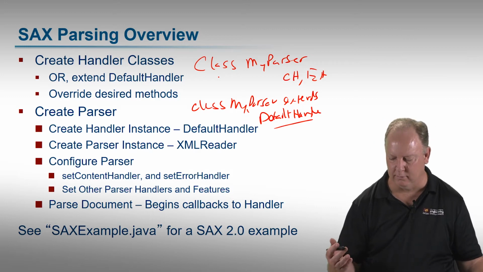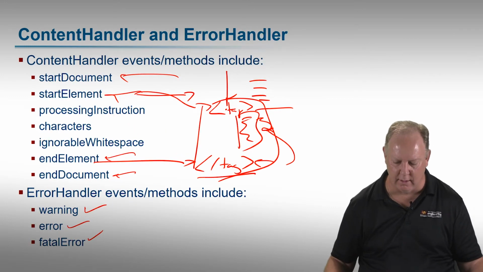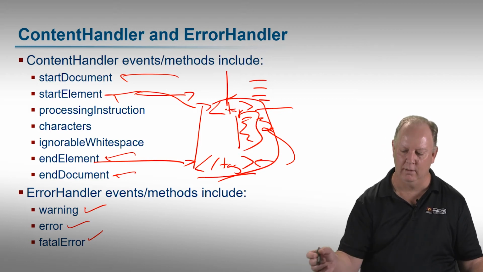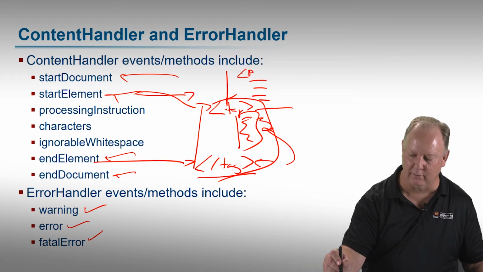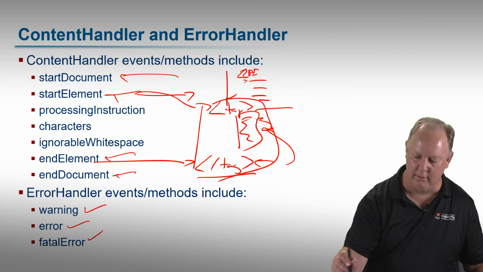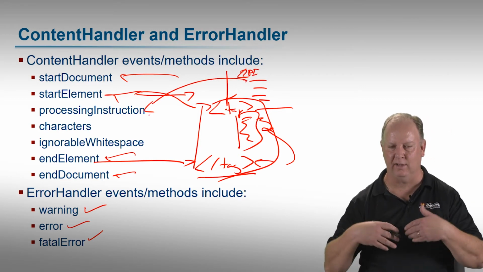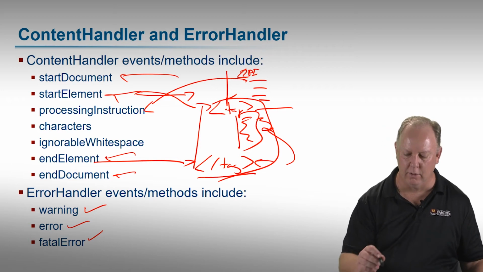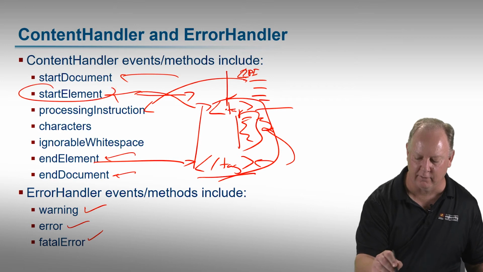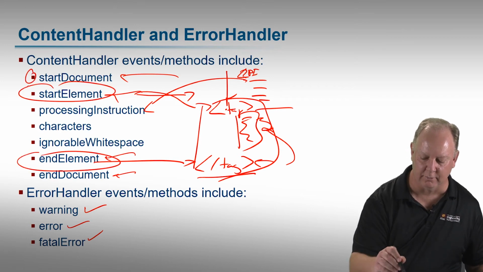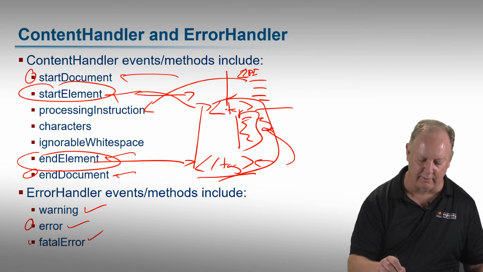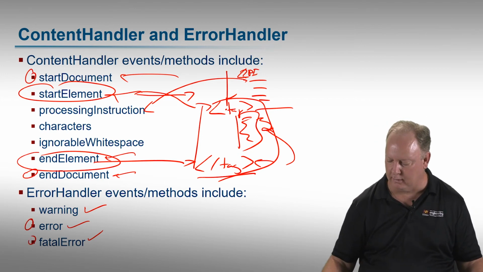For example, you may not care about processingInstruction as a callback. Very often you don't. There's a default empty implementation of that, which means when SAX calls back on your processing instruction up here, the thing with the question mark, it'll execute a callback, but you just inherited an empty one from the ContentHandler class or from the DefaultHandler. So you only override the ones that you want to use, which very often are startElement and endElement. Those are the first ones. Sometimes startDocument and endDocument in order to do the processing you want to do. And again, depending on the class of errors that you want to deal with, same thing with the error handler.